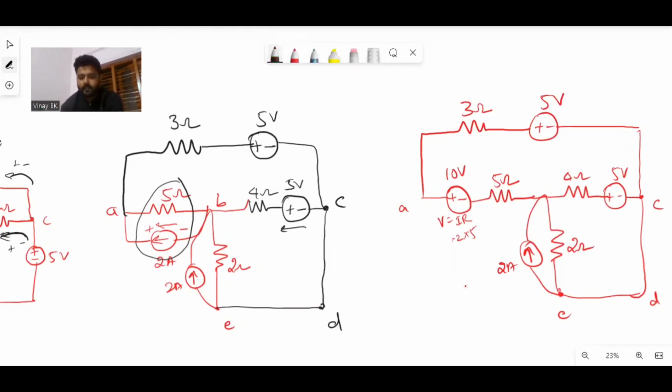Now you can see these voltage sources. There will be plus minus 10 volts in series with 5 ohm and 3 ohm, and again plus minus 5 volts. This becomes the A to C branch. You can observe 5 and 3 are in series, so you get equivalent resistance 8 ohm, and the voltage you can see, there will be a right to left arrow, 10 volts, and